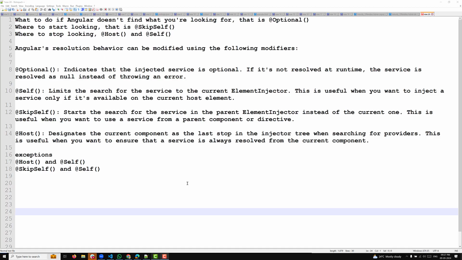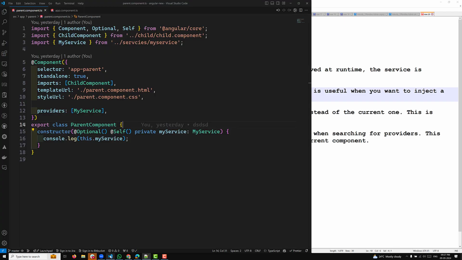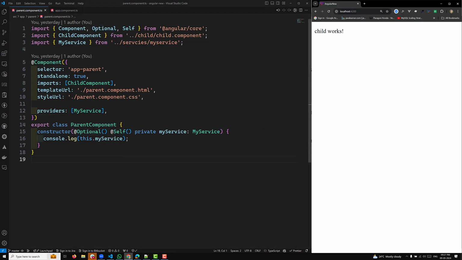In this video, we will learn about the other two resolution modifiers that are available in Angular. We have learned about the optional and the self resolution modifiers in our previous video. Now, you can also use a combination of optional and self. For example, if you are using only self,